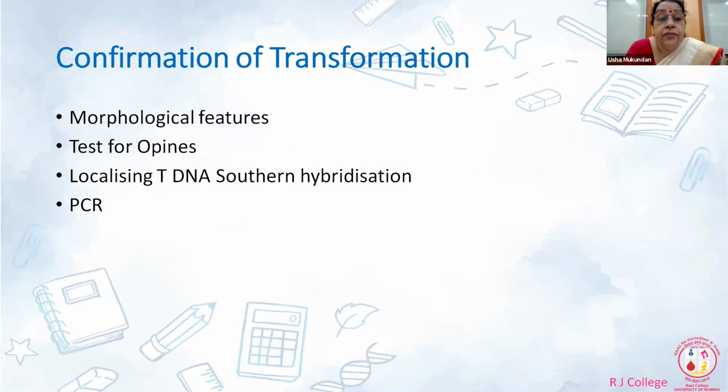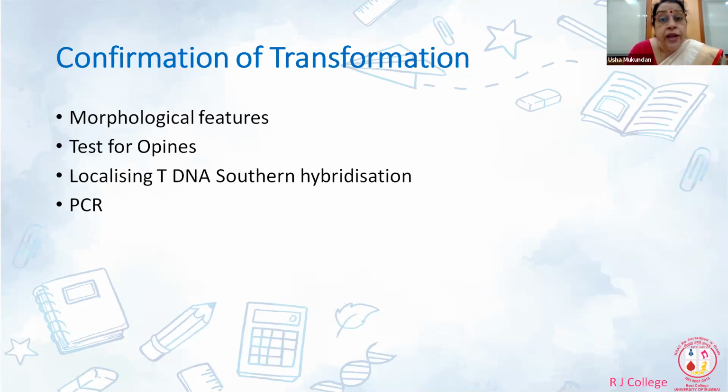Now, how do you confirm that the roots are indeed transformed? See, wounding may also produce roots, isn't it? You have done a lot of propagation. So if you wound, if it's the rainy season, that means in moisture, you may get roots. In fact, 2,4-D is also known as a wound hormone. So there are hormones which are present, which are essential for the healing process, because the wound has to heal, and thereby you require these hormones which are triggered as a result of wounding.